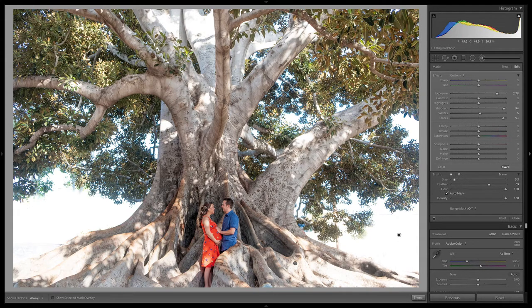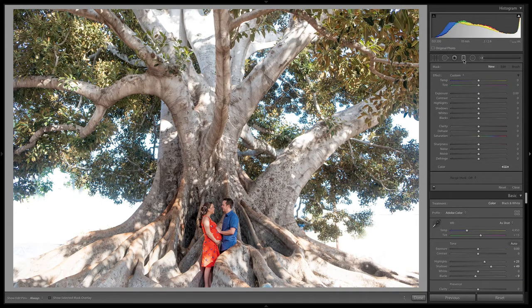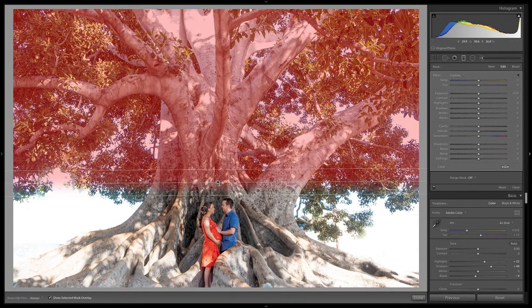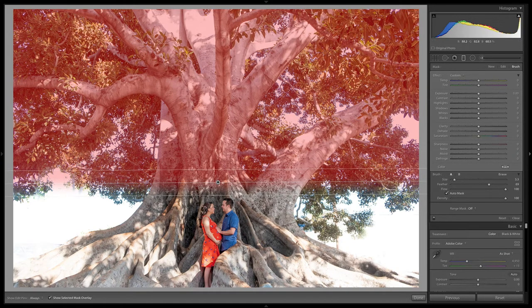Really, the last thing I want to do is play around with the color of the leaves. So I'm actually going to use a graduated filter. I'm going to set it like this so it's selecting the top. Really just want it to select the top above us, and then I can actually brush in, so pressing O to see our selection, and then I'm going to brush in some of these leaves down here.